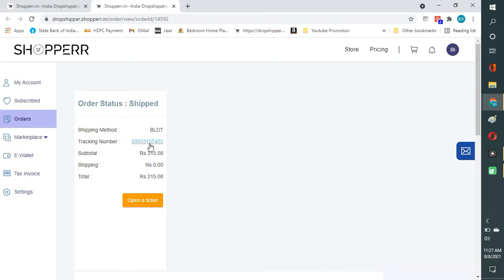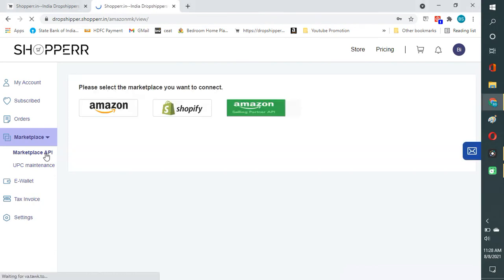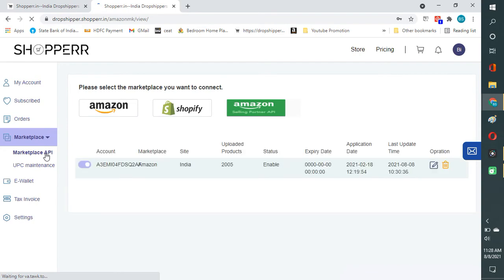So once you get an order from Amazon, the site will automatically grab the order, and they will execute it. For this, when you get an order, suppose the product is priced 2000 on their Shopper site. You need to pay that amount to Shopper. Then only they will do the shipping. And the payment increment is 2000.